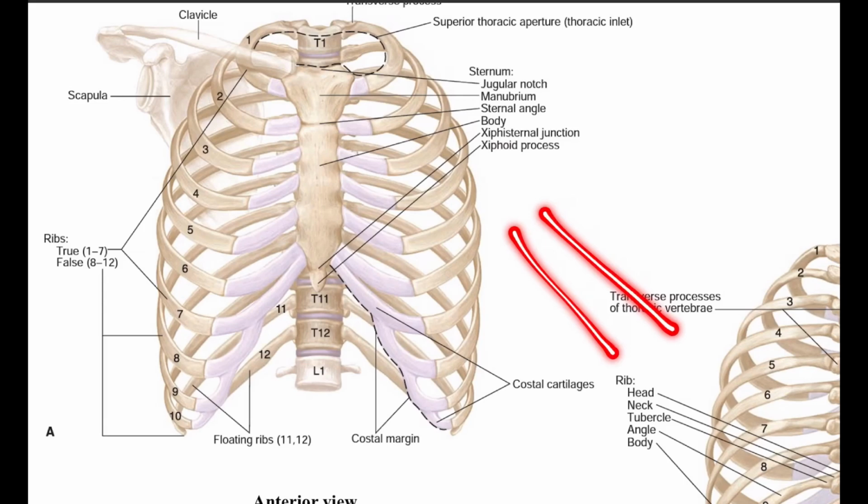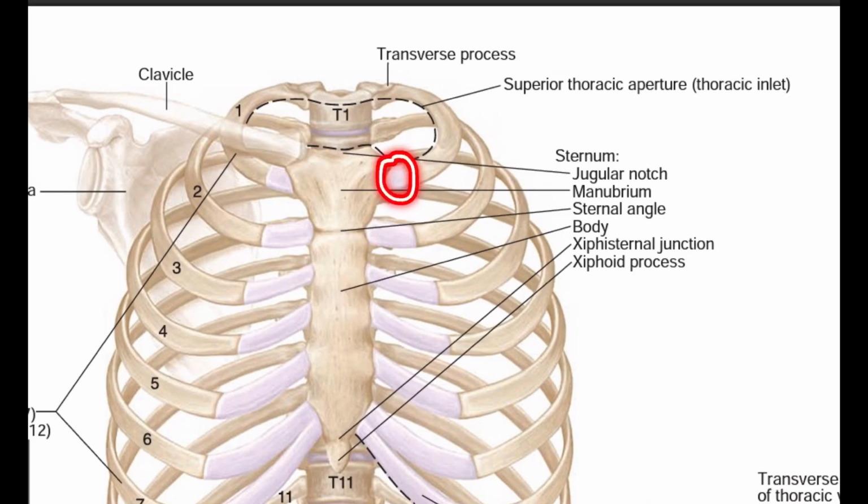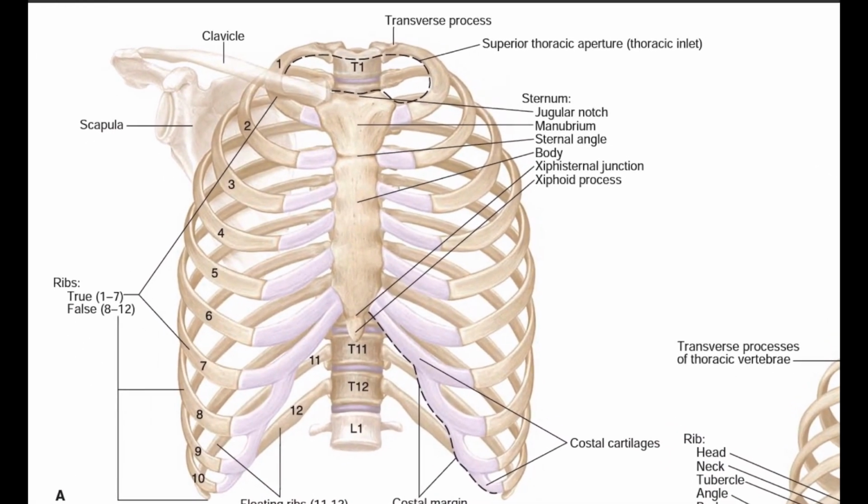In these ribs you can see that this is the anterior end, this is the posterior end. The anterior end lies at a lower level and the posterior end lies at a higher level than the anterior end. So the obliquity of the ribs increases progressively from 1st to 9th rib. Hence the 9th rib is the most obliquely placed.